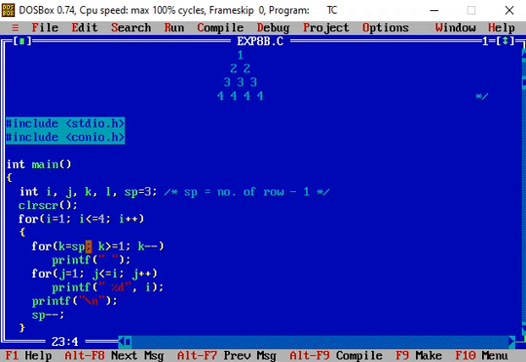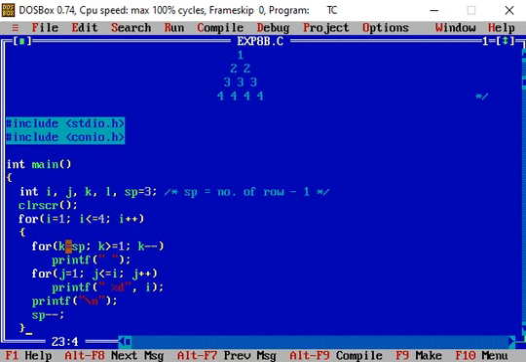And for k equal to sp, what is the value of space that is to be provided before printing the number? So that depends on the number of rows. If the number of rows is 4, then the first number in the first row should be printed after shifting the cursor 3 column positions right.